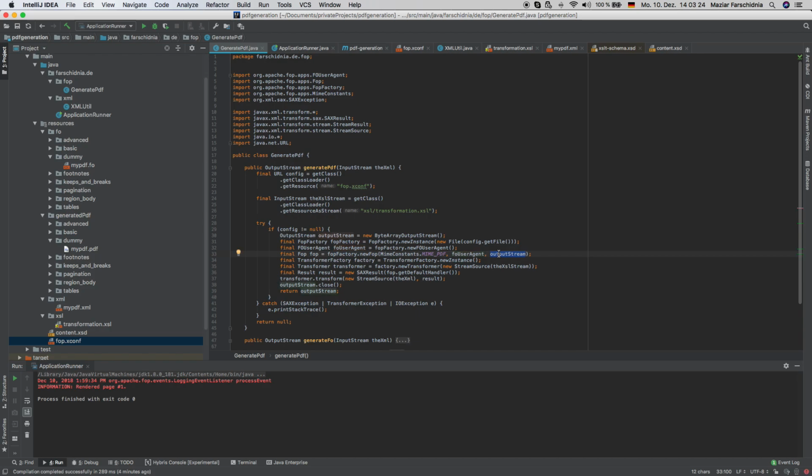And then I say my output should be a byte array output stream. So the output should be written here, and a transformer factory is needed here. This is a singleton. I get the transformer factory, and then by the transformer factory I get a transformer. When I get a transformer, I have to define my XSL file. The XSL is